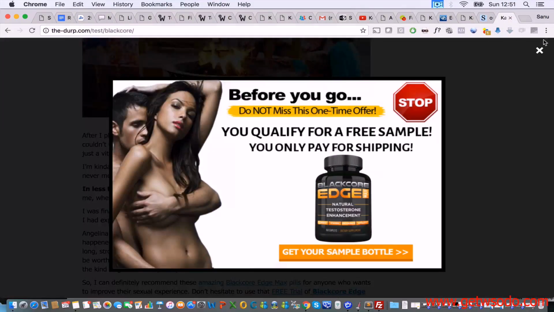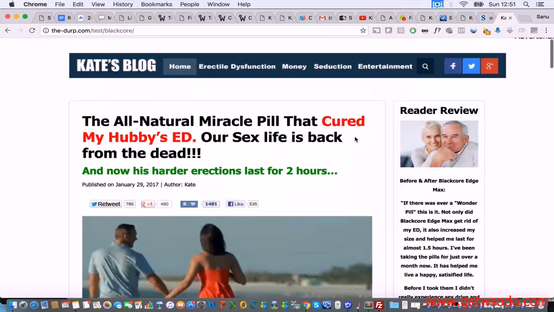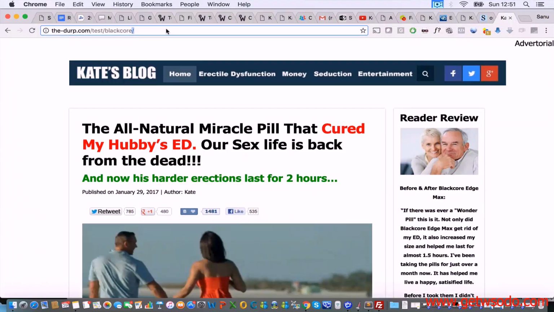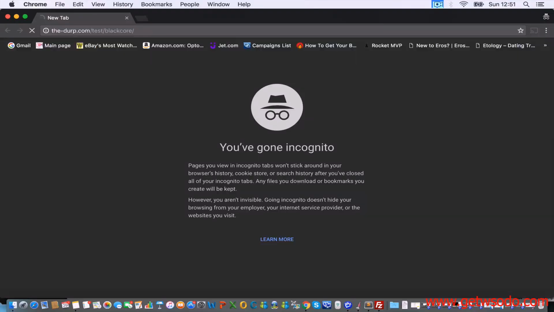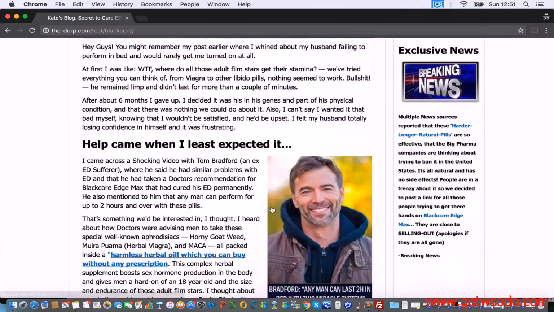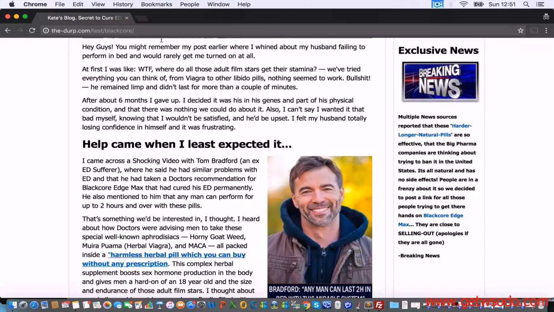Now, this is what's going to happen. Oftentimes you're going to have a landing page on your domain name, no problem, okay? So you can see it's mydomainname.com/test/blackcore. Now let me just open it up in Google Incognito. If you now click on one of these links, what's going to happen is oftentimes you're going to go to